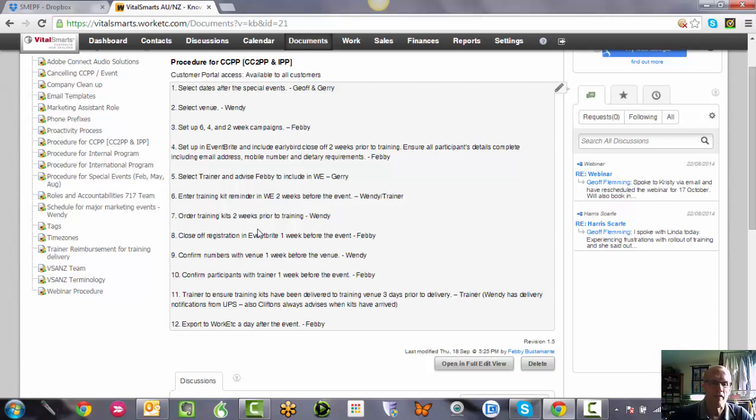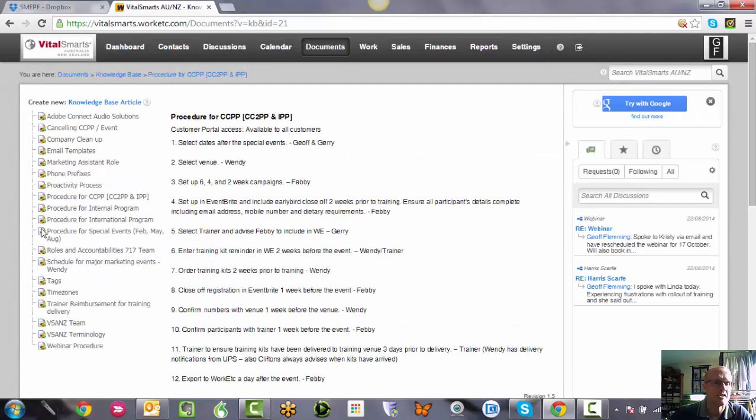This way, if I get Febby to book in dates for a public program, not only will she do that, but she'll document the whole thing into a little project, and she'll send out reminders every day that everything needs to happen. That way we've got someone who has their eye on every step. At the most recent event I forgot to order the books, and we got the books sorted, but it was a bit shabby. By using this process and getting Febby to drive it, hopefully we won't forget anything. So that's the one for public programs.